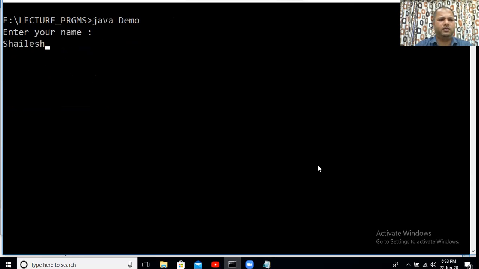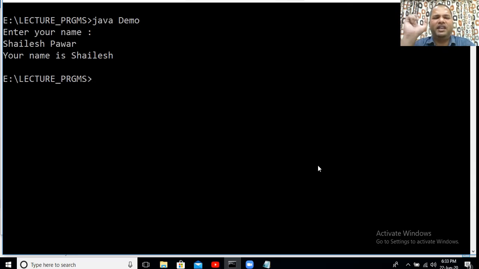Now this time I'm going to come up with this input. Enter your name, Shailesh space Pawar. Now I'll press enter here. You can see there only the word Shailesh got printed on screen. Pawar was not printed on my screen. My surname was not printed on my screen. Now, why did this thing happen in our program here?